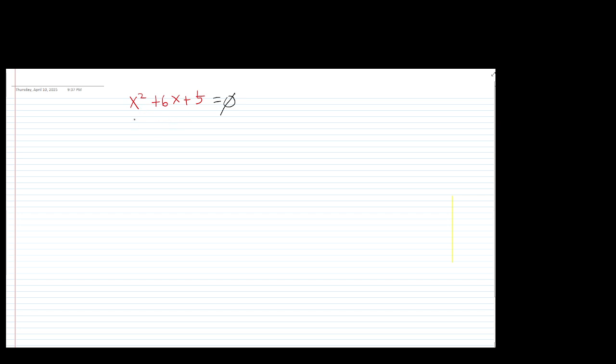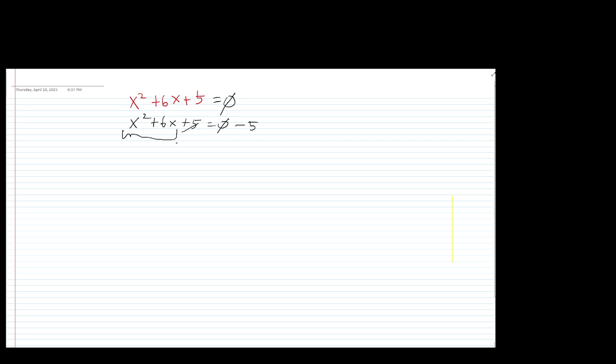So let me rewrite it so we can have the same color. We have x squared plus 6x plus 5 equals 0. Okay, so you begin by isolating the variables and the constants. Keep one on one side. So let's go ahead and leave this alone. But if we subtract 5 from both sides, subtract 5 from there and subtract 5 from this side, and